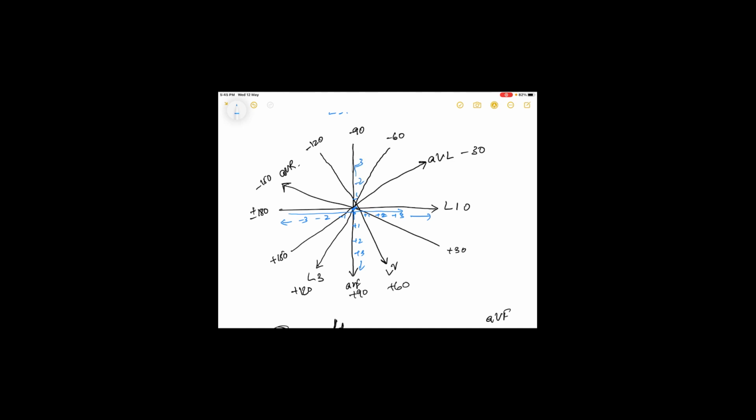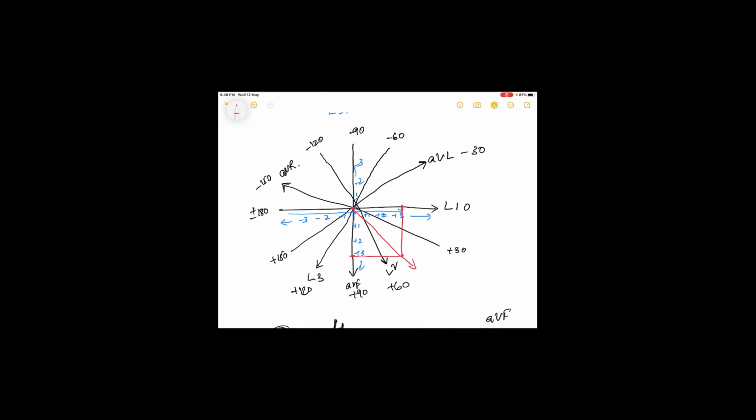According to our calculation, lead 1 is plus 3, so you mark a point here. Then AVF is also plus 3, so you mark a point here. Now you bring the two pointers together. Here is the joining point. So the cardiac vector is from the center, and it is moving in this direction.